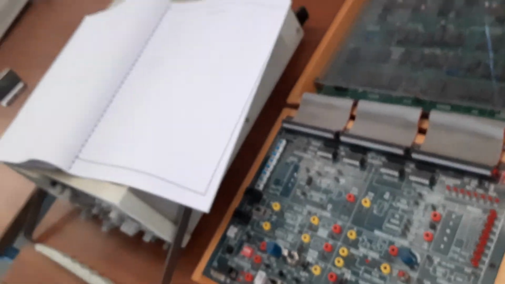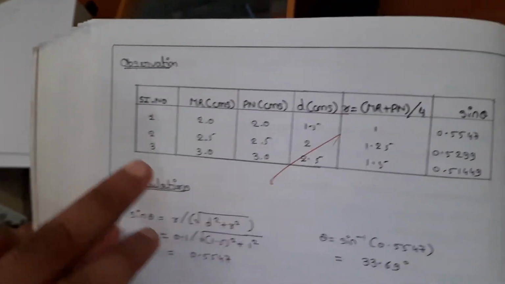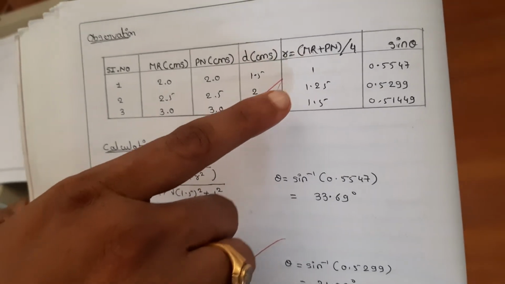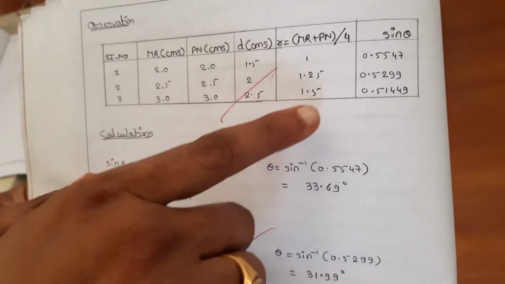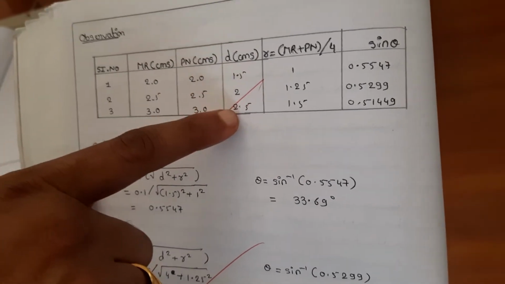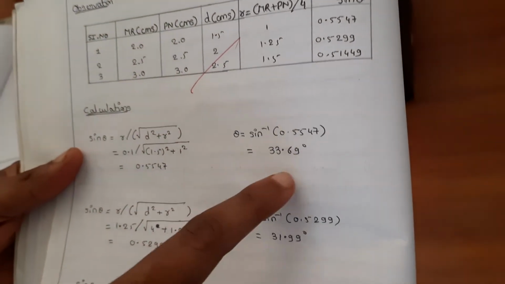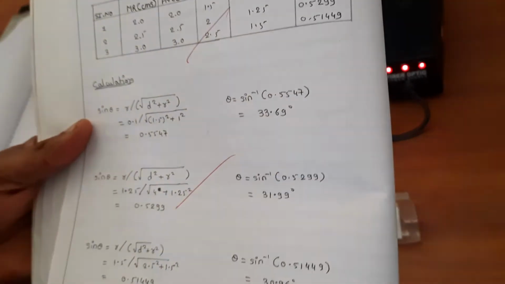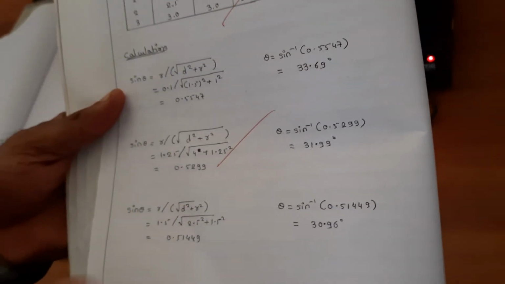These are some sample values from your previous experiment. You should take the reading like this for 3 distances: 0.5, 1 and 1.5 centimeters. The smaller the distance, the larger will be the angle of incidence at the optical fiber. That equal amount of light is going to be transmitted inside the optical fiber.